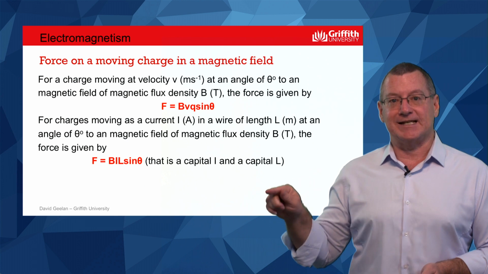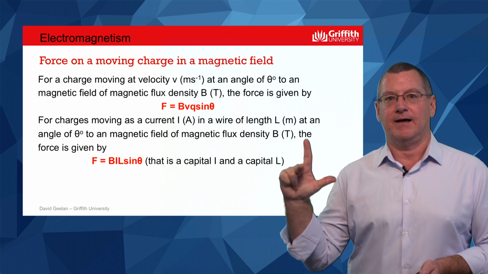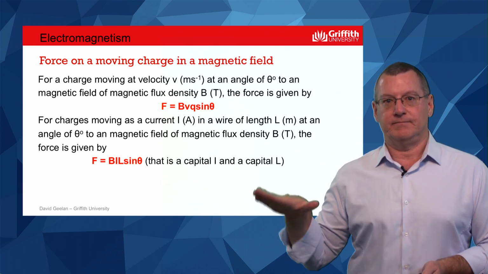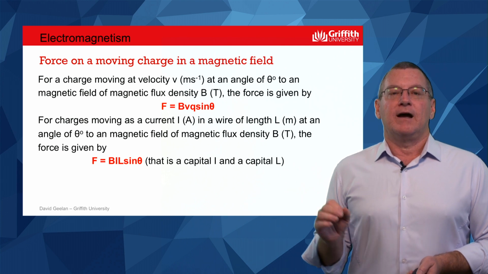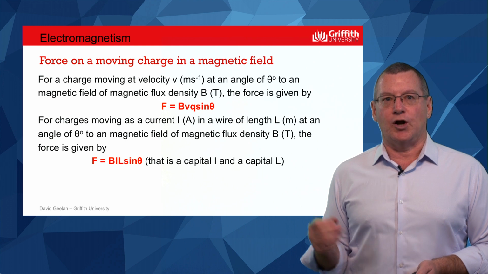And if it does experience a force, it will be this mutually orthogonal thing. It will be like that, all at right angles to each other, or like that. If you have a bunch of charges moving together as current in a wire, so we can have